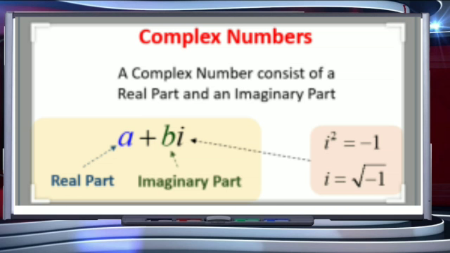This is the basis for complex numbers: a number of the form a plus b iota is known as a complex number, where a stands for the real part and b stands for the imaginary part. Students, complex numbers are the greatest set of numbers. Real numbers, rational numbers, irrational numbers, integers, natural numbers, all other sets are contained in the complex numbers.